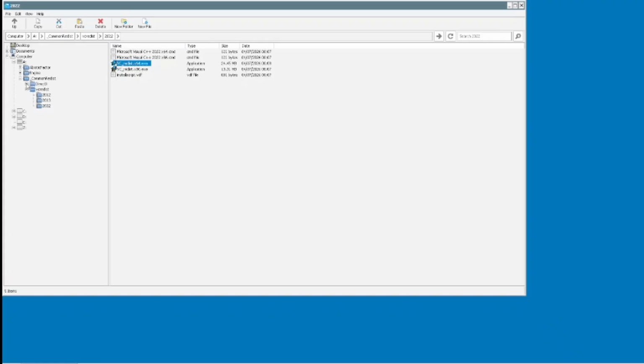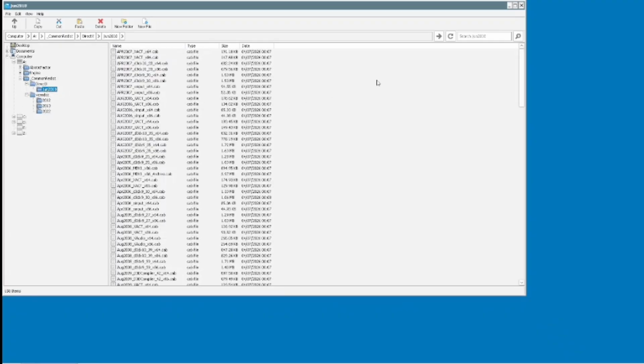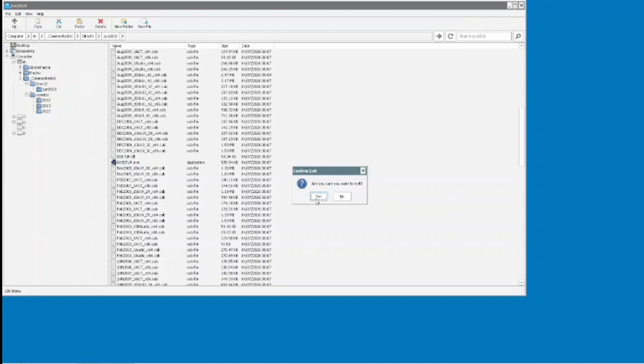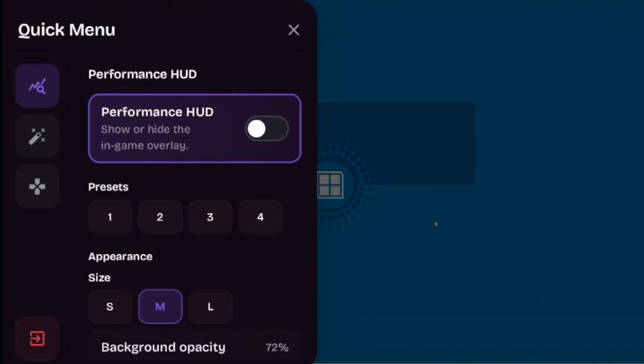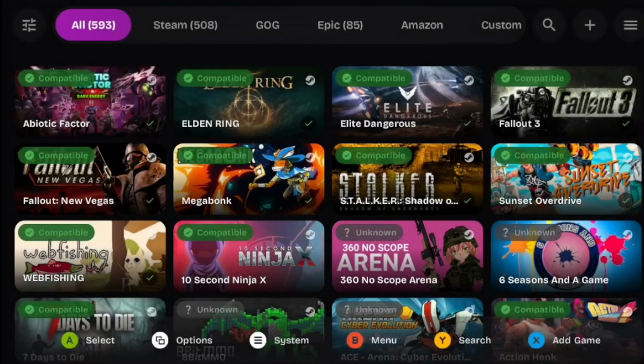If you're getting errors related to DirectX, you would want to come into this folder, scroll down and run the DX setup file here. Once that's done, exit this. Swipe in from the left side, hit the red X to exit. Now, at this point, the game should run, but you probably won't have terribly good performance if you haven't got